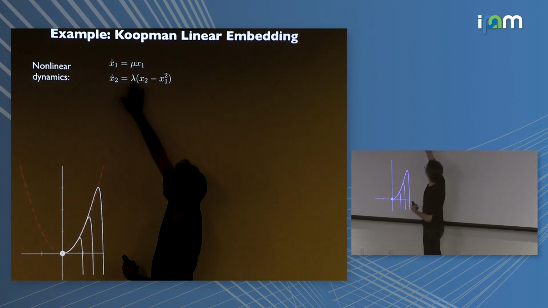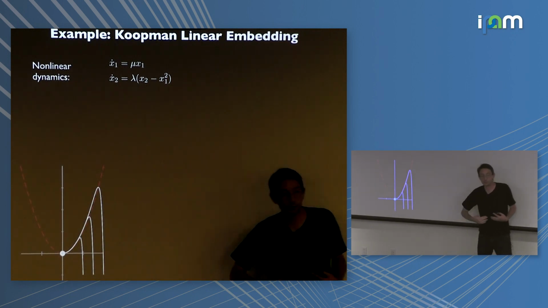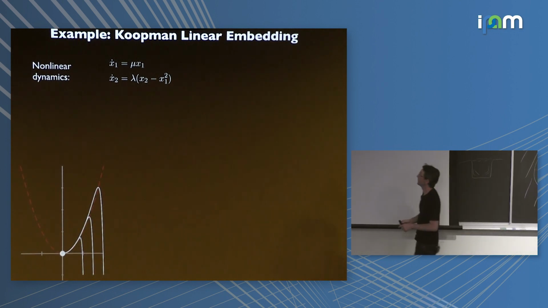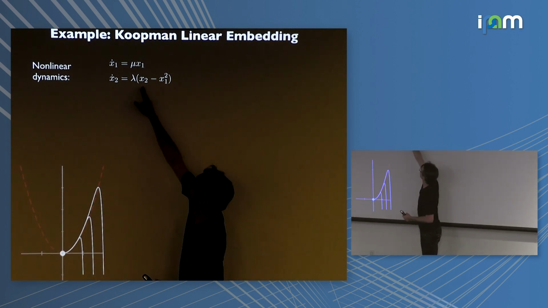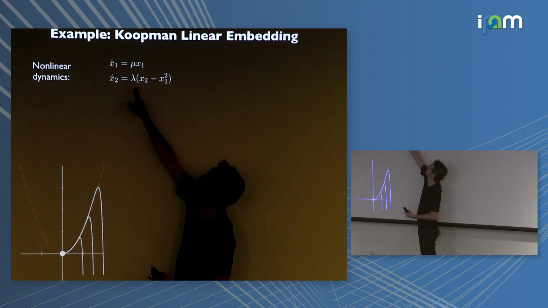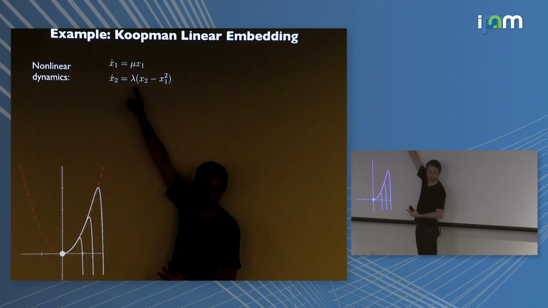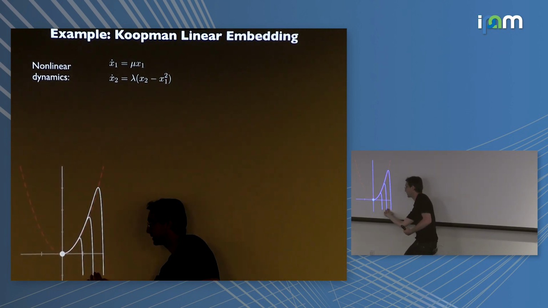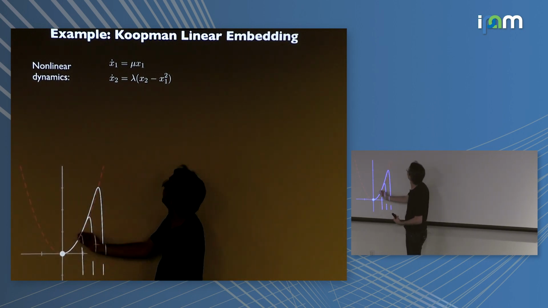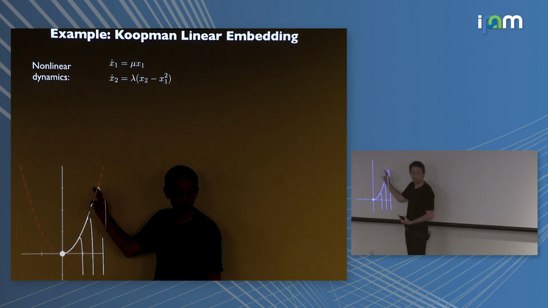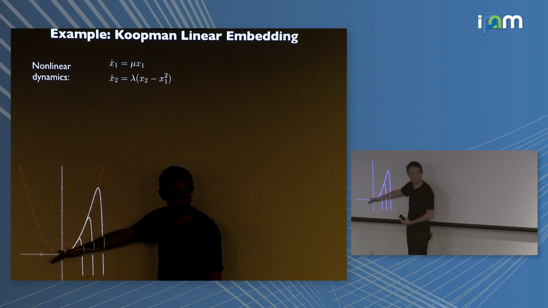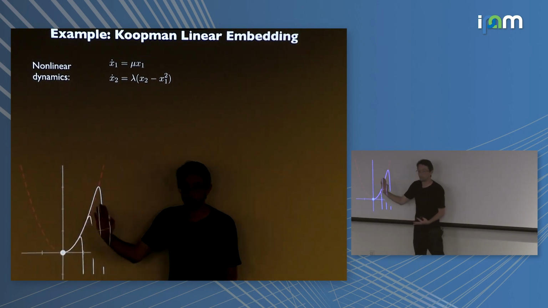I'm going to choose the lambda eigenvalue to be much faster, much more stable than the mu eigenvalue. What that means is that x2 will very rapidly be forced to equal x1 squared on a fast time scale. That's what it means if this is a really stable negative eigenvalue. So if I start with these initial conditions, very rapidly they attract onto this parabolic manifold, this red manifold, given by x2 equals x1 squared. And then slowly, the x1 variable will walk them towards the origin. It's a stable system, single fixed point, slow manifold. OK?